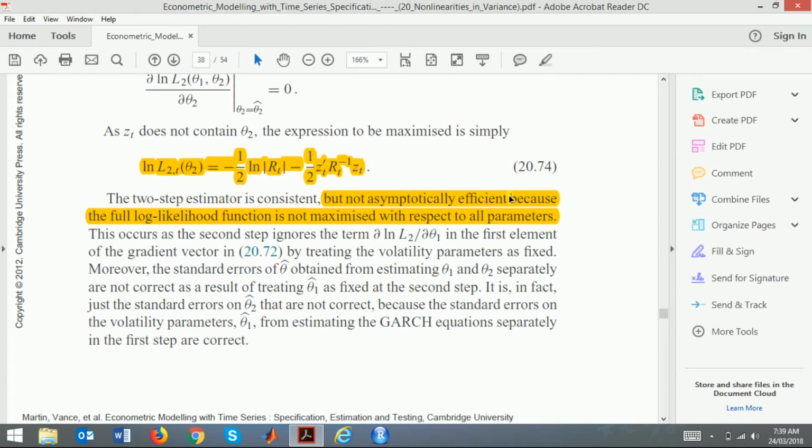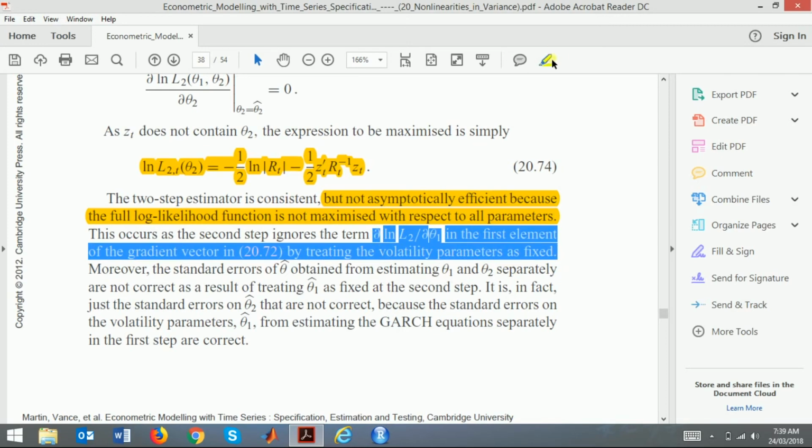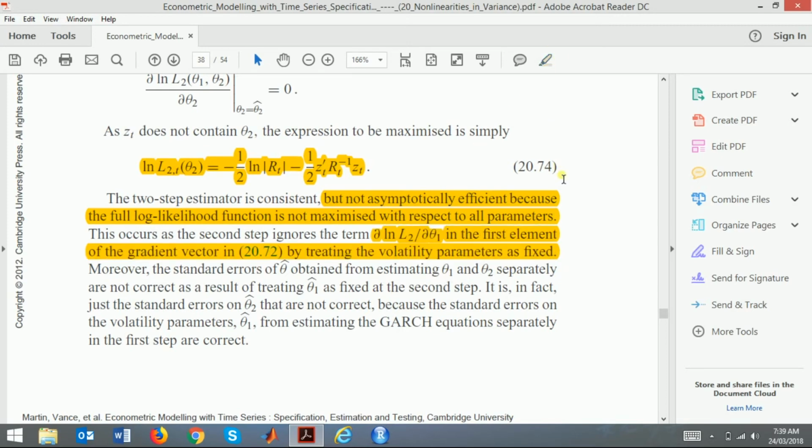The second step is ignoring a term in the first element of the gradient vector by treating the volatility parameters as fixed. So this term ignored means volatility parameters are fixed. Moreover, standard errors obtained from estimating are not correct as a result of treating theta 1 as fixed at the second step. Okay,